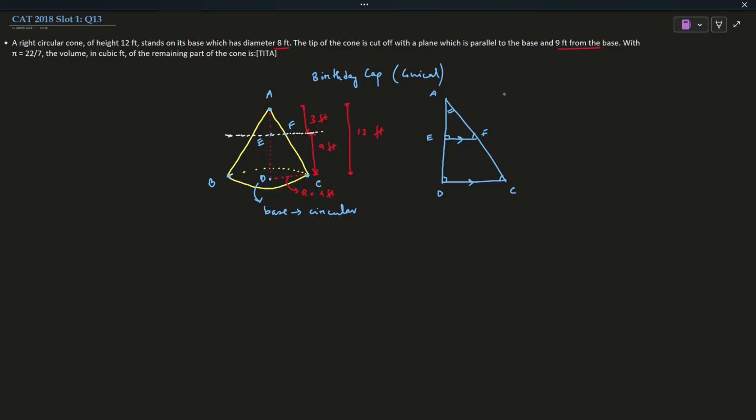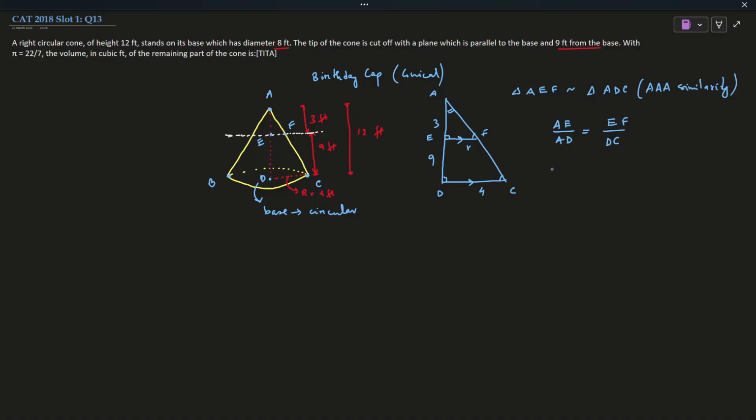So these two triangles, the smaller triangle AEF is similar to triangle ADC using angle similarity. That means the ratio of the corresponding sides will be equal, right? This is 3, this is 9, this is 4. Let's say this is R. So I can say AE by AD is equal to EF by